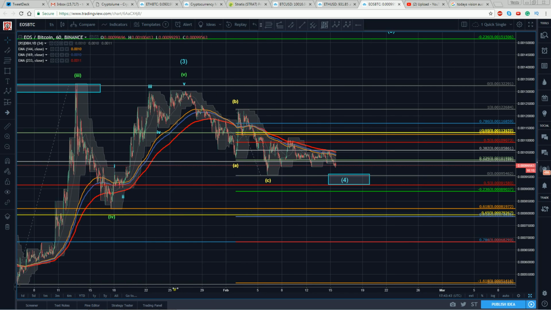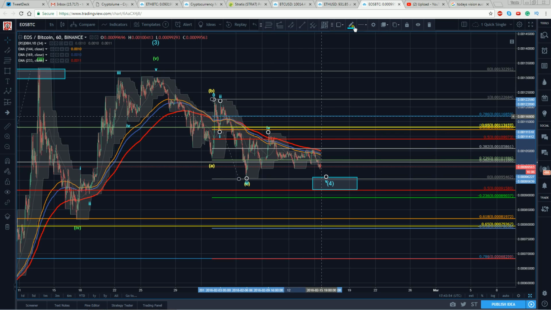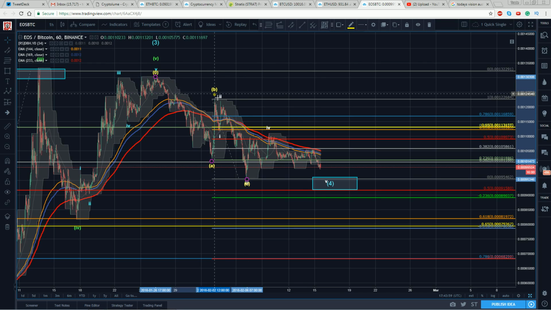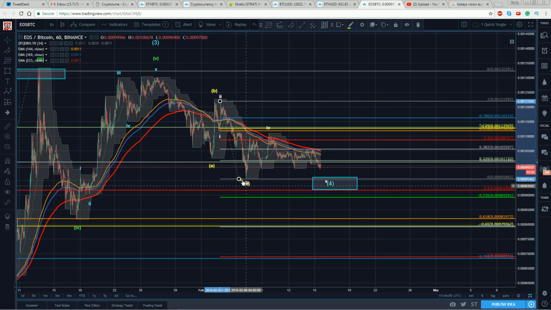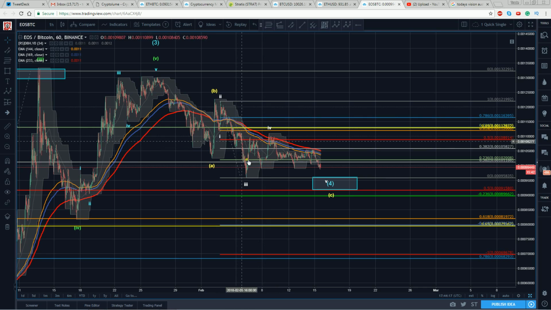So maybe I have this. I got to open this up even further so you can see it. So this potentially plays here. We get a 1, deep 2, down for the 3, 4, looking for that 5. Let me change that color so you can see it a little better. Okay, so potentially now, this is starting to line up rather nicely. So now I might look at that and say, okay, from the 2 to my 3 low, if we're making the assumption that this is the 3 and the C might be over here. Now, again, this is the process of just adapting to what the market is giving you as it moves. This could have been, as I just showed you, ABC and this could have been 1, 2.